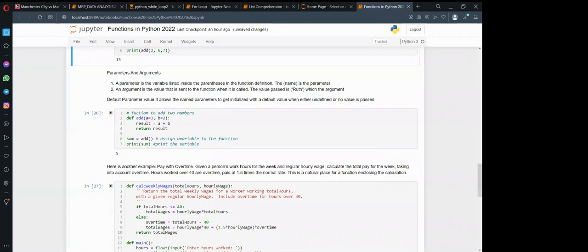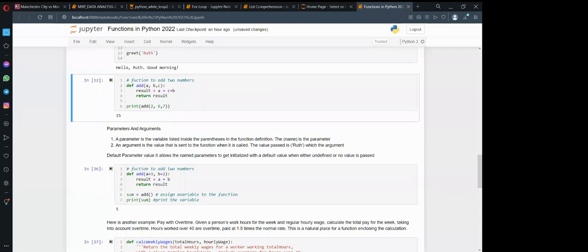Basically, when I was executing the code, you realize that it was giving you some names and words: parameters and arguments. A parameter is just the variable listed inside the parentheses in the function definition. For example, we had name there, then here we had A, B, C. Those are called parameters.